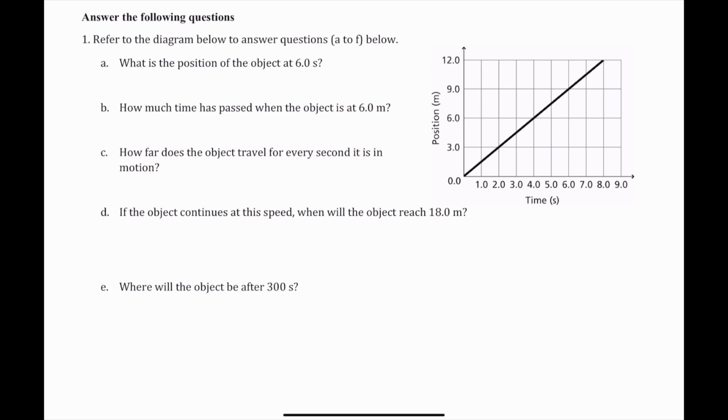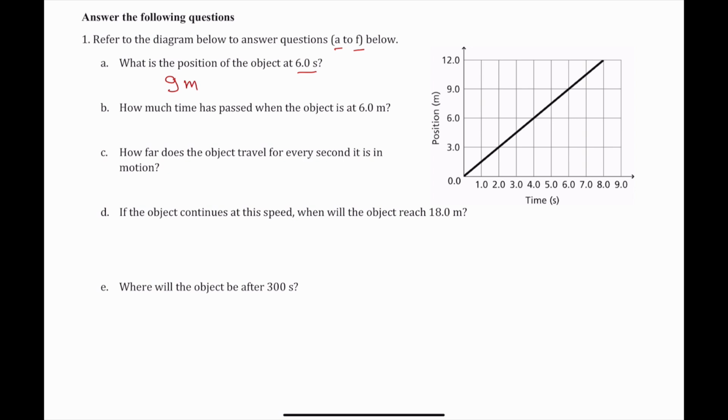Answer the following questions. 1. Refer to the diagram below to answer questions A to F below. A. What is the position of the object at 6 seconds? Here, at 6 seconds, which is this point, we draw a horizontal line and then to y. So the answer is 9